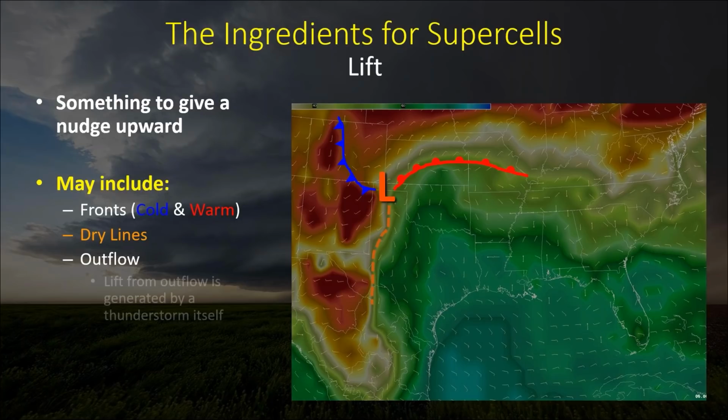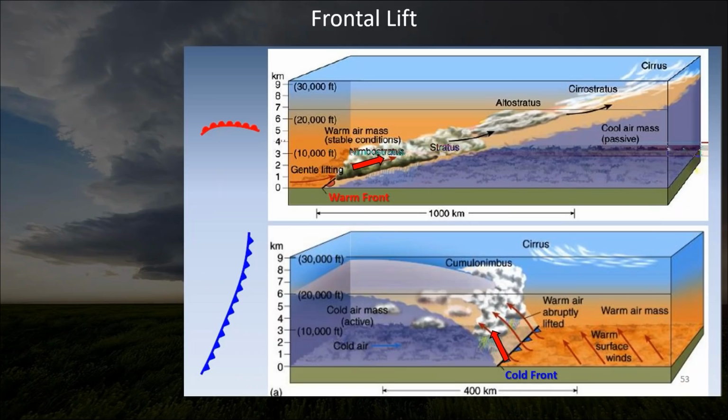Outflow boundaries, this usually is lift that is generated when basically cold air with a downdraft from a thunderstorm spreads out along the ground and creates almost like a mini cold front around the storm, and that can be a good source for lift. And then also, if you get enough heating during the daytime, you can get temperatures that are warm enough to really start to lift enough of the air parcels to get convection firing. So starting off with fronts,